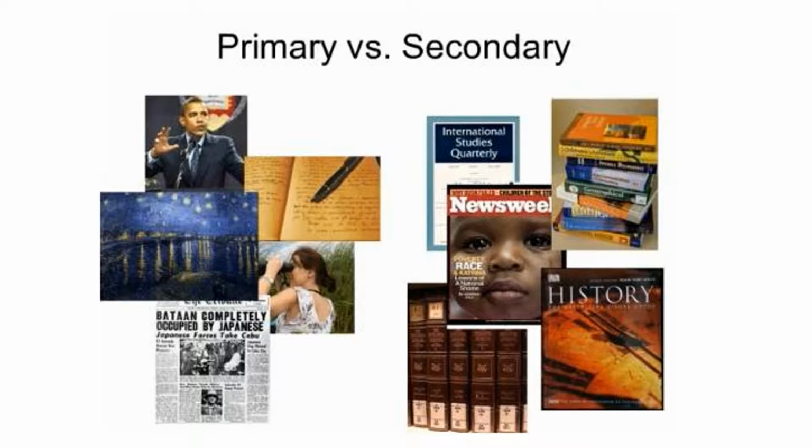Let's say you have a book published in the 1930s, and it's about the Indian Wars of the late 19th century. If the book is by an old man in the 1930s who was actually there and he's recounting his stories, well, it would be a primary source even though it was published half a century later.